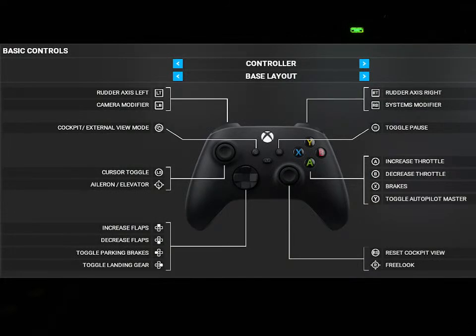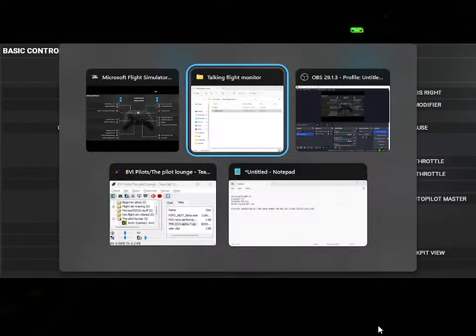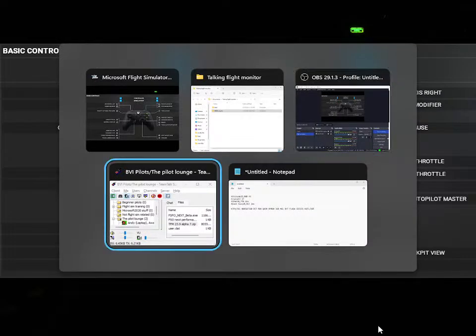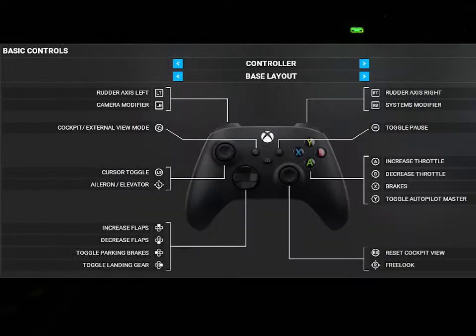Well, anyway, I'll worry about that later. Talking Flight Monitor. So, Microsoft Flight Simulator. Yeah,